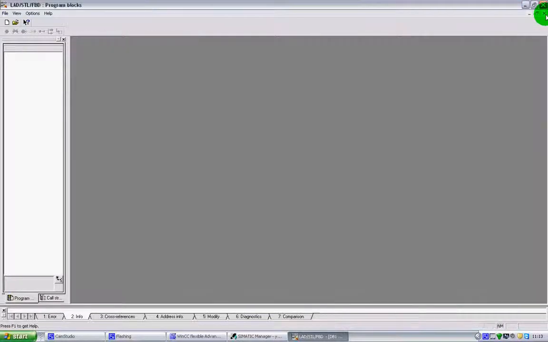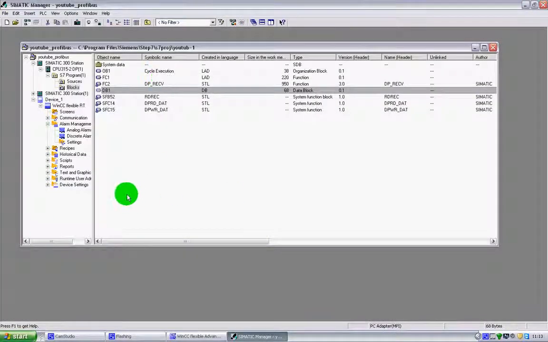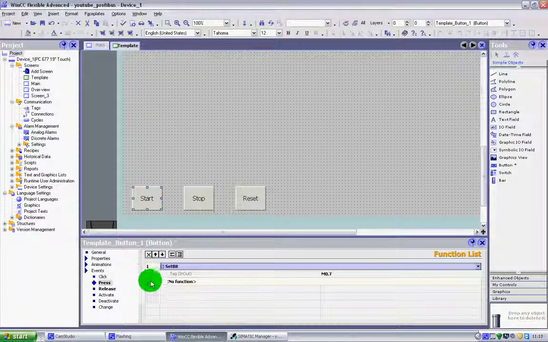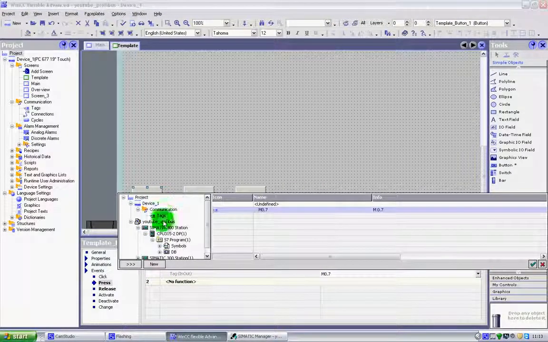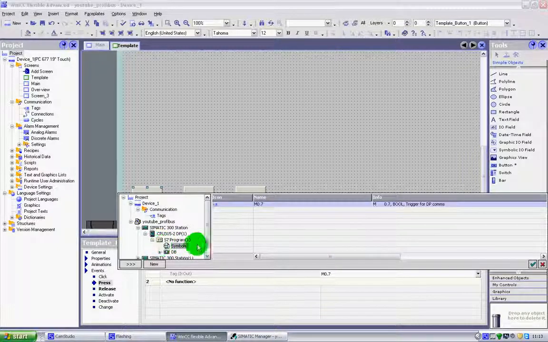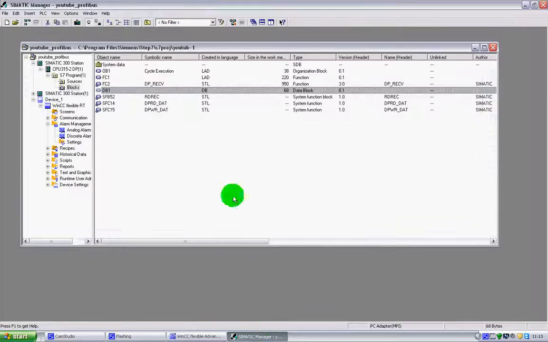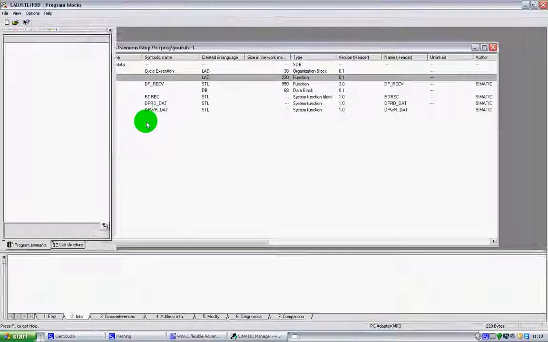So it's important that when you're writing your PLC program that you look into the future a little bit and think how you're going to do things with your WinCC and create the relevant data blocks. Of course you can add to them, that's not a problem, you can keep adding to them because WinCC will keep checking this symbols table, and every time you add something it will add it all up. So if for example I go to FC1 here